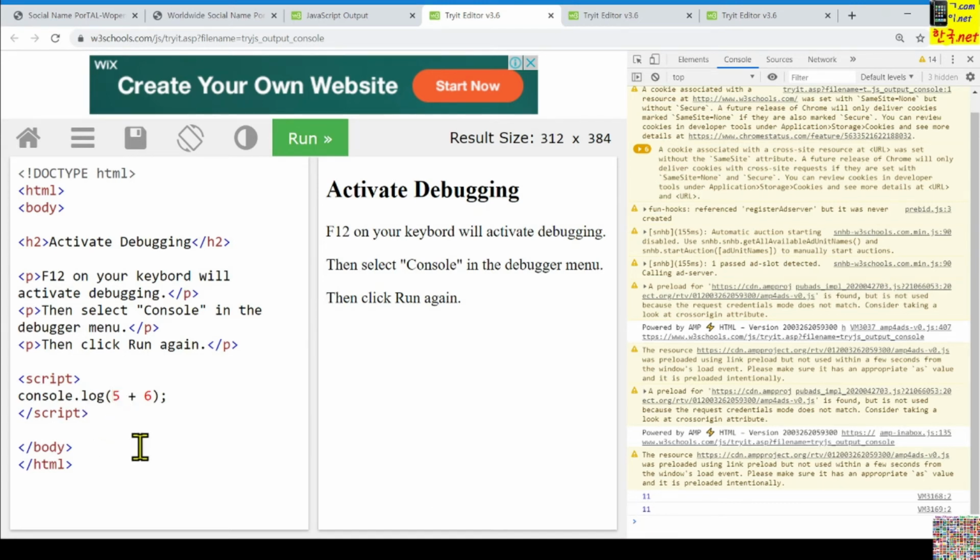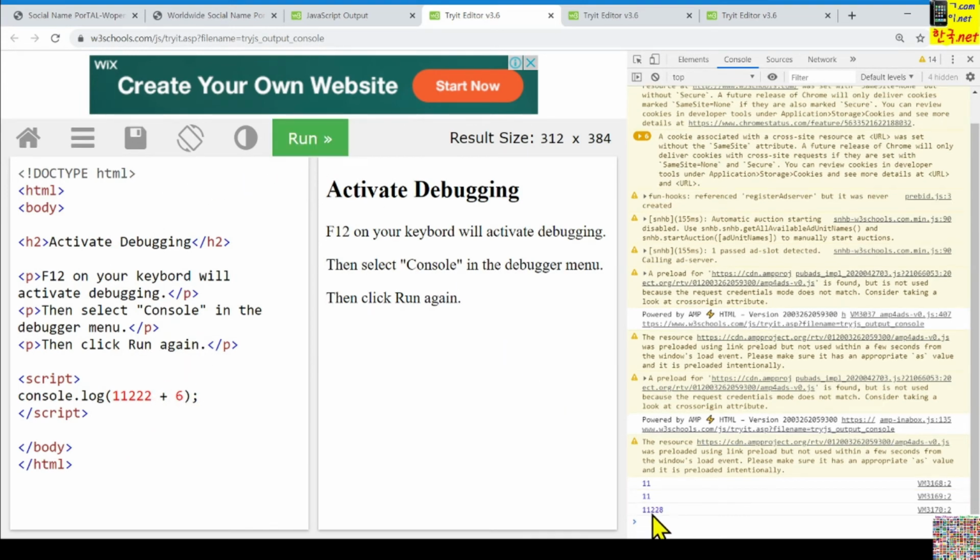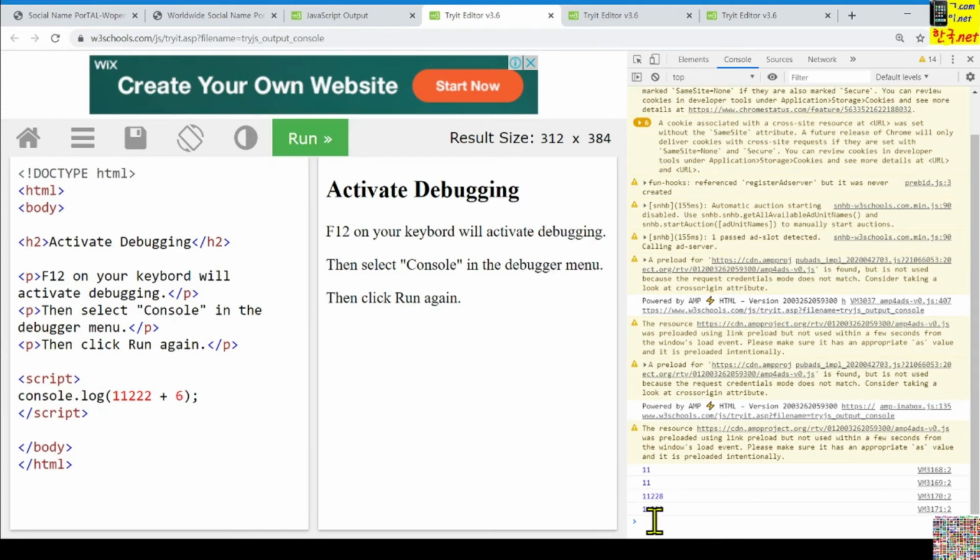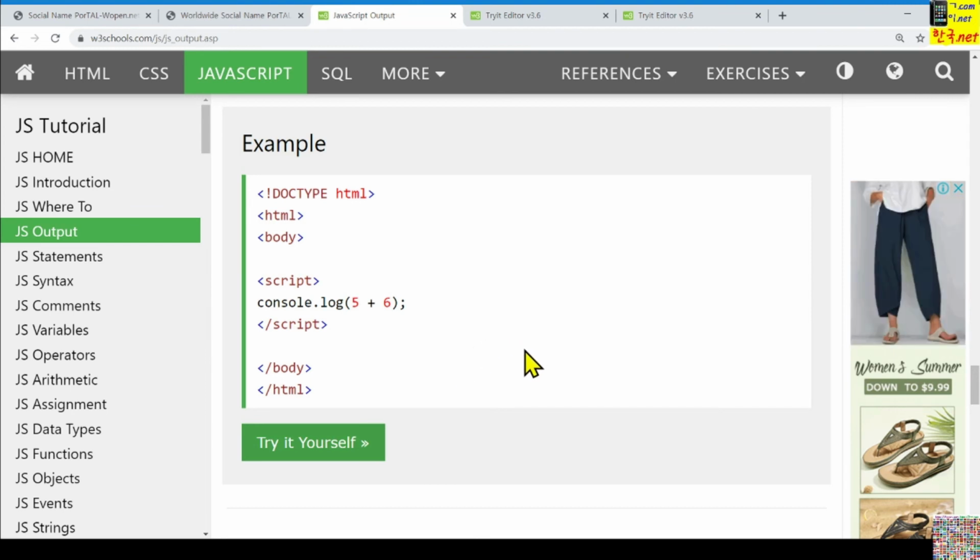If we change this one and run, you can see another result. With this method, we can show the result, then we can debug in an easy way. This console.log will be used mainly for debugging later. In this chapter, we are learning briefly about that.